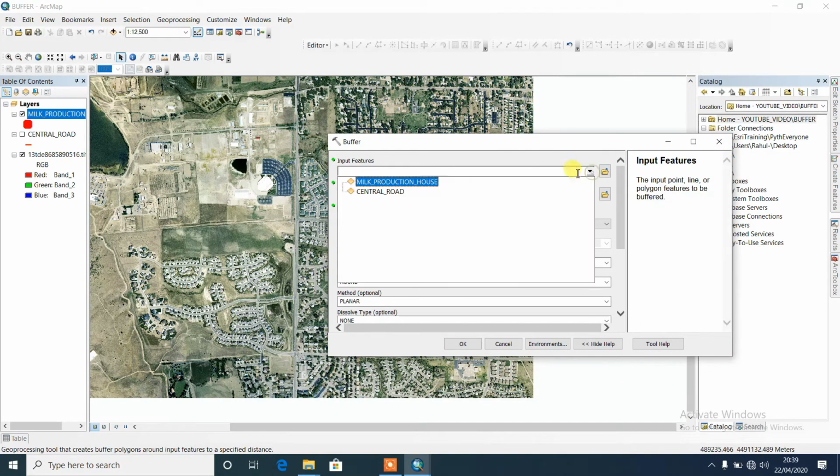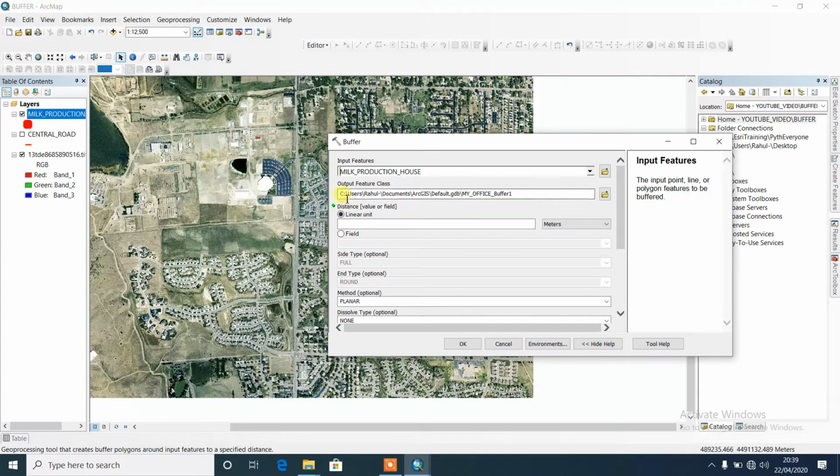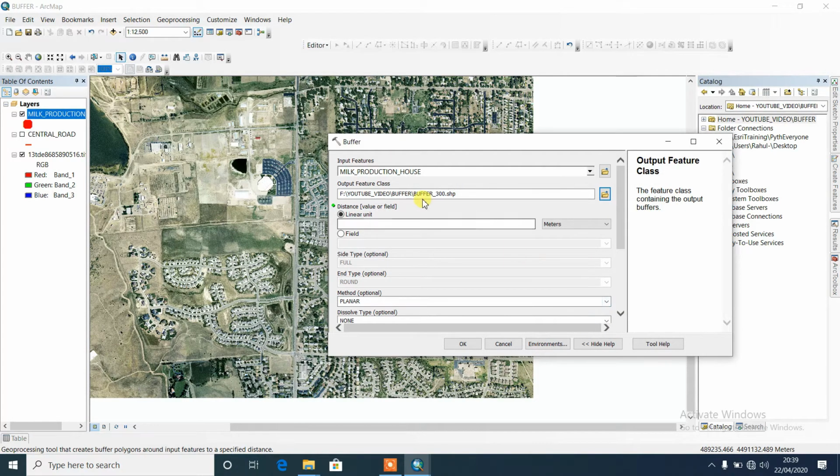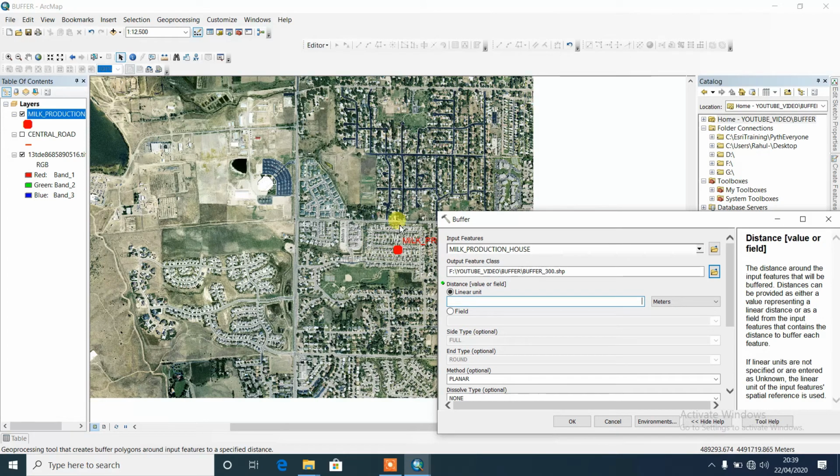So just input that point save file, and the output feature class. Here I want to change to my design folder. I can name it buffer 300 with the extension. This one is the linear unit, meaning how much length you want to cover.